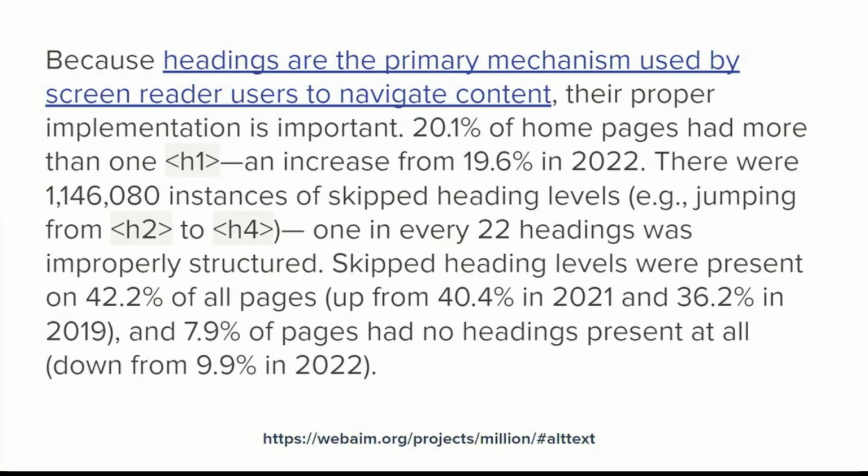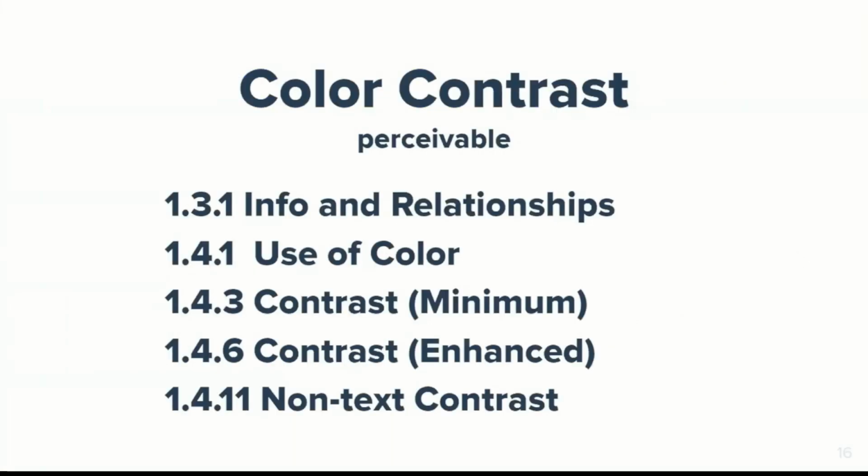A lot of us have seen copy throughout the web where these types of affordances have been removed. But it's important to remember that even though you may be able to perceive the color of the link or tell that it is a link, not everyone has that ability to do so. Color contrast is another aspect of the web that seems to be overlooked at times. It also falls underneath perceivable.